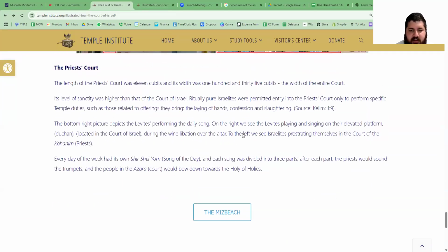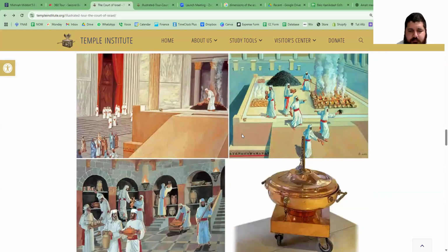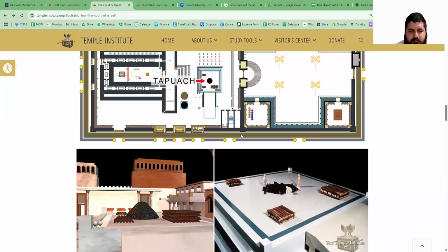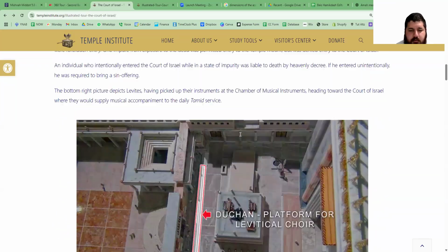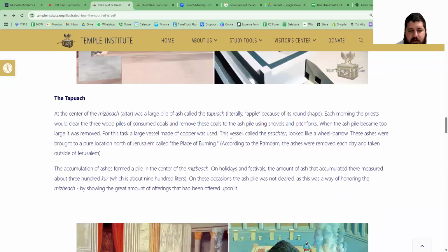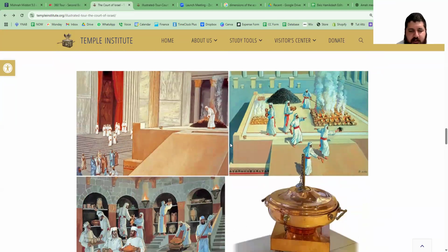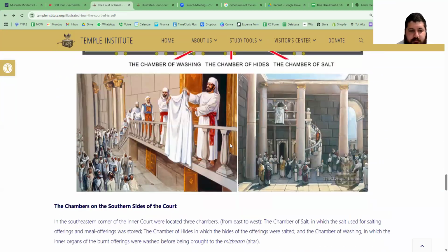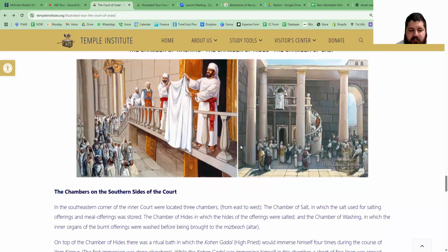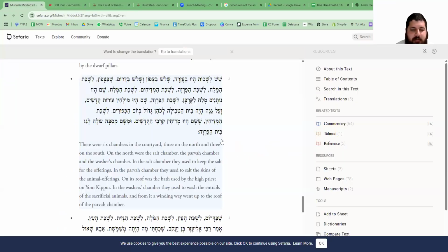Let's see if we have a picture of that anywhere here. Nope. We are not meriting a picture. There's pictures of other chambers going on, but not of this one. But this picture, keep in mind, because we're going to discuss that in a second. But you have here chamber of salt, chamber of hides, and then the chamber of washing. So let's go to the chamber of washing. It says the Mishnah,